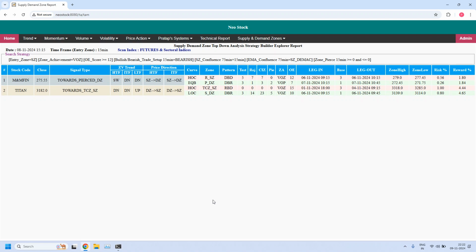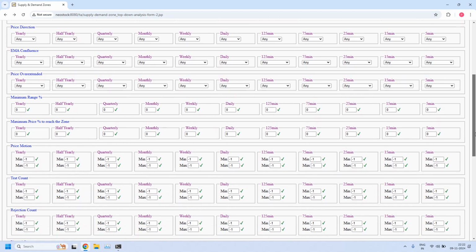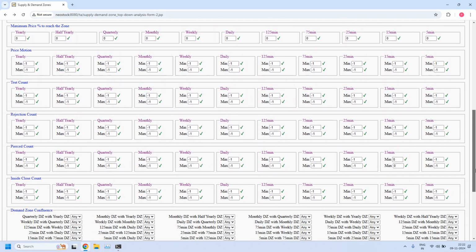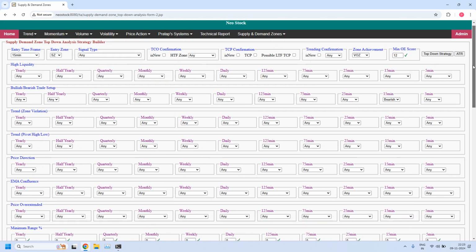Next, let us look for LTF, ITF and HTF supply zone confluence. I am removing EMA filter. Now in the LTF, ITF, HTF supply zone confluence, we need to set 3 filters. This is already first filter is enabled. 15 minute supply zone with 75 minute supply zone confluence. Next 15 minute supply zone with daily supply zone confluence. And 75 minute supply zone with daily supply zone confluence. With all the 3 filters, LTF, ITF, HTF supply zone confluence,